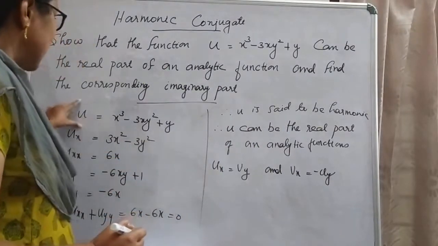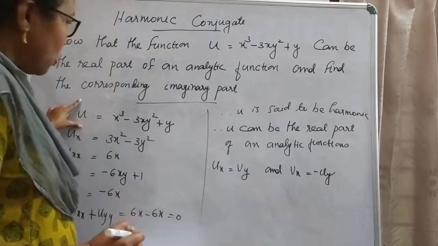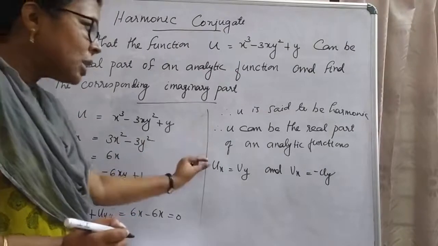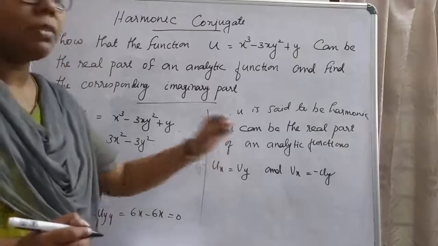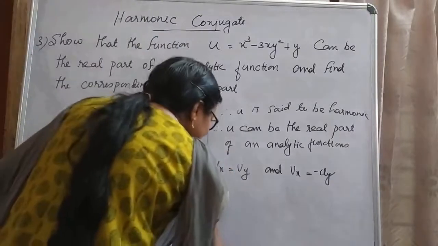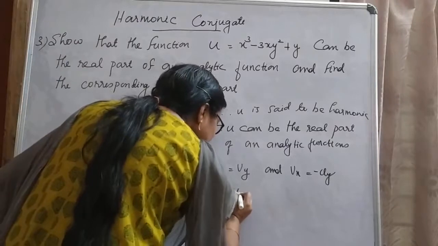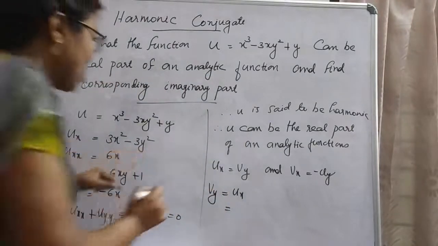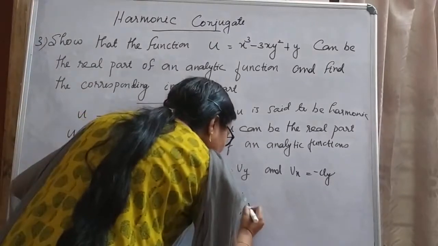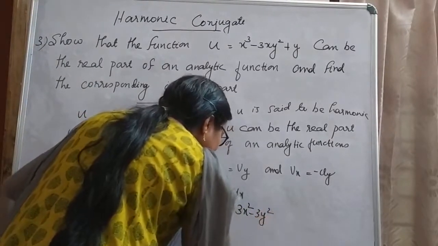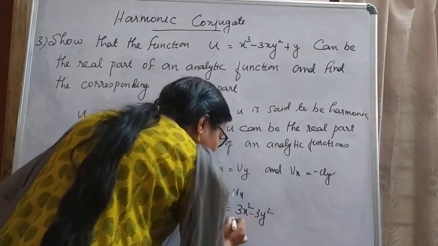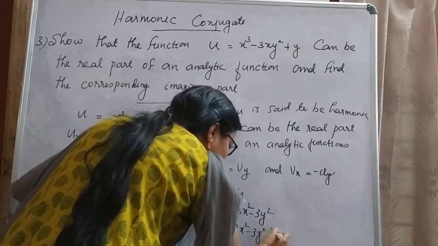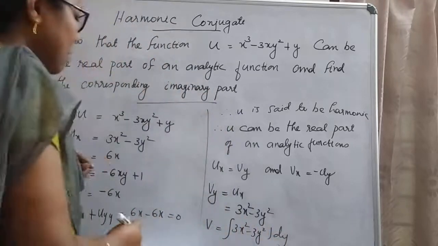Here u only is given. From u we have to find ux and uy. Then by using CR equations we have to find vx and vy. Here vy is ux. Ux is given. Ux is 3x square minus 3y square. Then v is integral of this with respect to y, which is equal to